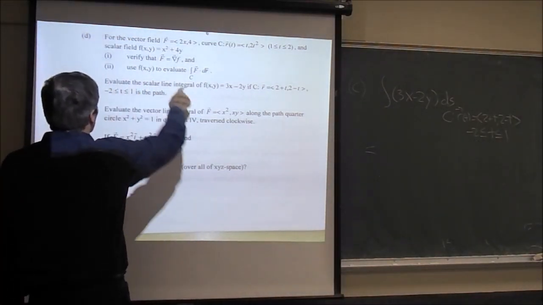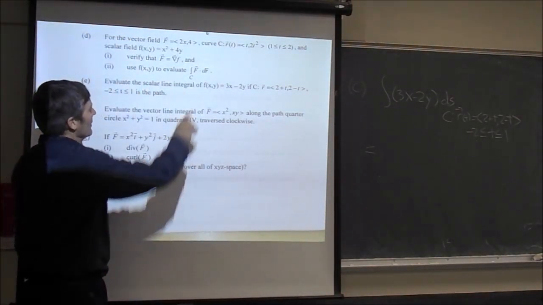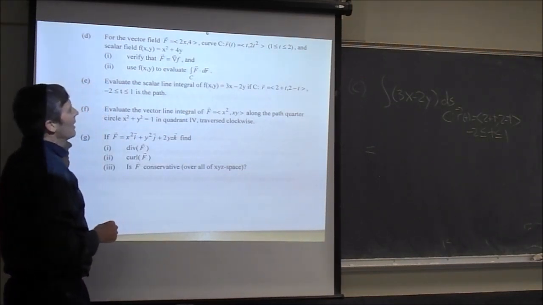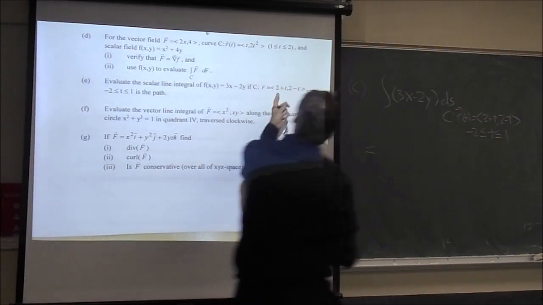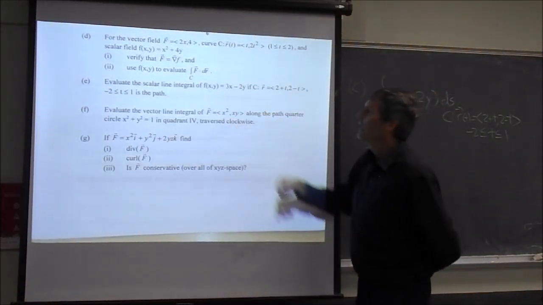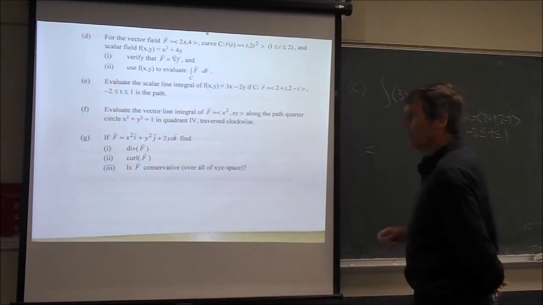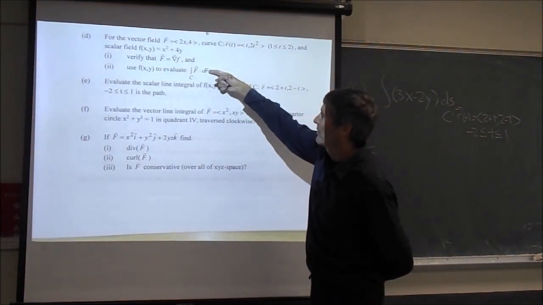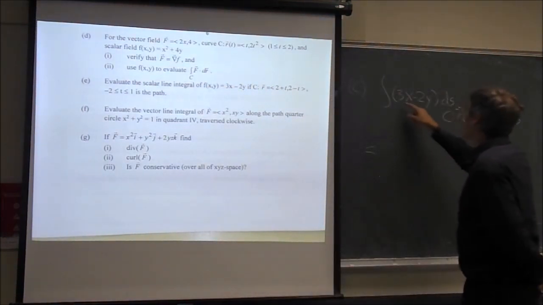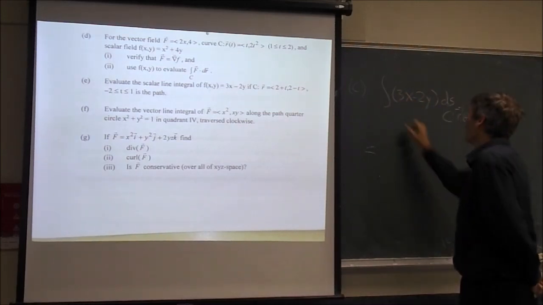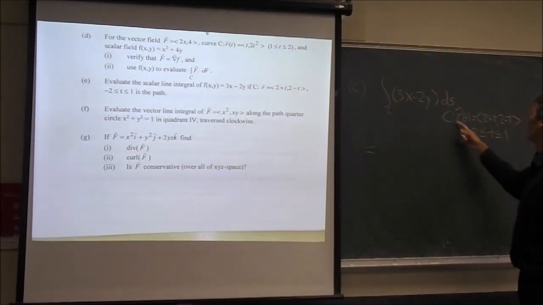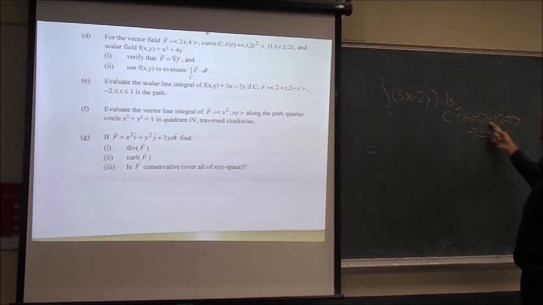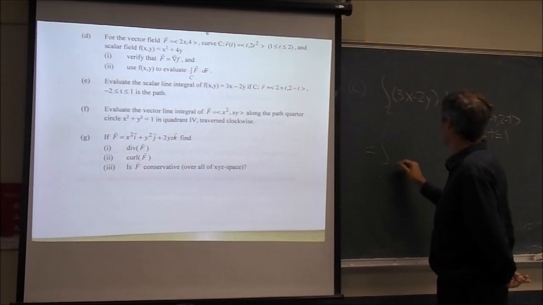Next, let's look at this problem. Evaluate the scalar line integral of little f equals 3x minus 2y along this curve, given parametrically by x equals 2 plus t, y equals 2 minus t, t running from minus 2 to 1. I'll remind you there are two types of line integrals. This was the vector line integral, the integral of F dot dr. The scalar line integral is just the integral of a function, ds, along some curve C. So if C is given by the position vector r of t equals 2 plus t, 2 minus t, t running between minus 2 and 1, we'll say that this line integral is equal to